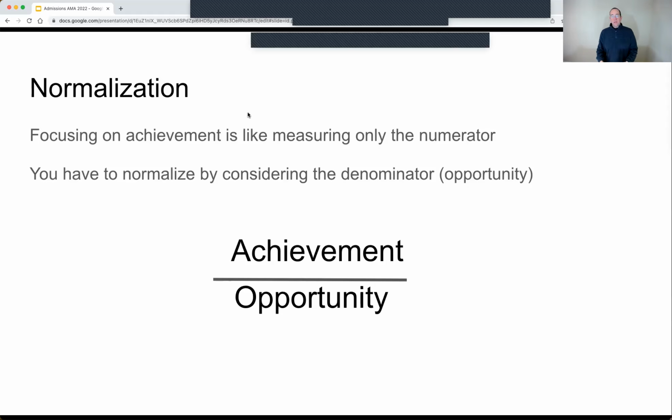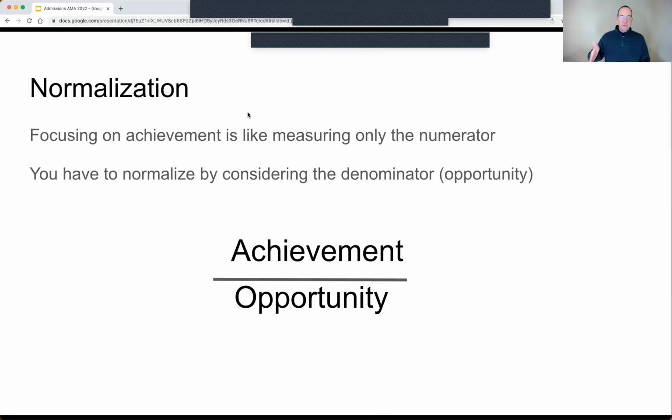So we have students that come from programs that are top-rated universities with amazing research programs. And so students who are at those programs have a lot of opportunity, right? If they've done research with someone who's a leader in the field for 4 years, they of course are going to have a lot more achievements. But we want to take that into account. We won't want to just say, well, this person's done a lot. We want to recognize they've done a lot because of the situation they've been in.